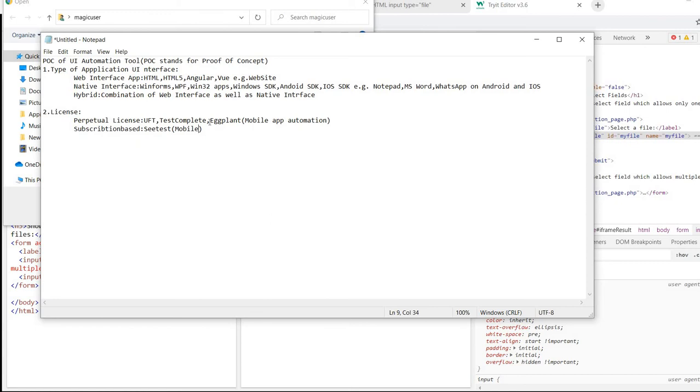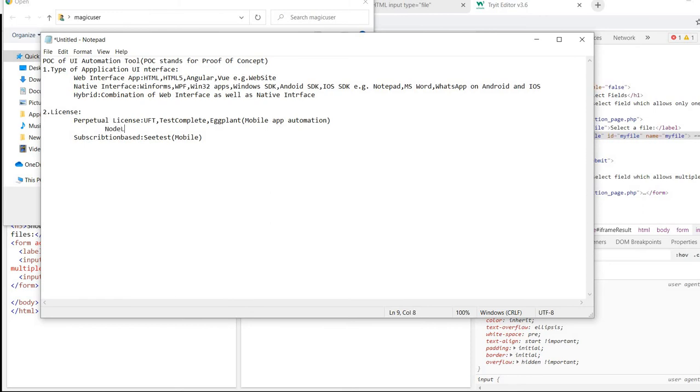Once you have paid them the license fee, whether you use it or not, the tool is yours, but you have already paid the fees. There is no refund or anything available there. Whereas with the subscription based tool, you can continue using it for the time you want to use it, and once you are done with the project you are automating, then you can stop the subscription payment. That is subscription based. In the perpetual licensing, there are two more very important types of licenses.